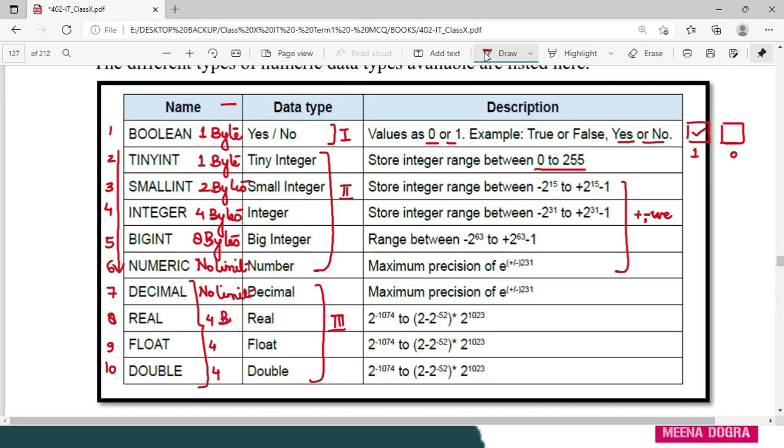So the storage is same, and this is how they are different from each other. This is how they can be different from the integer ones. ये सारे numeric ही हैं, but one is allowing you to store only yes/no, the next 5 are allowing you to store only integers, and the last 4 are allowing you to store fractional values. So these are going to store numbers which can be used for calculations also, and this finishes numeric data types.